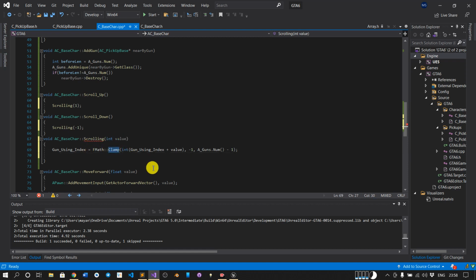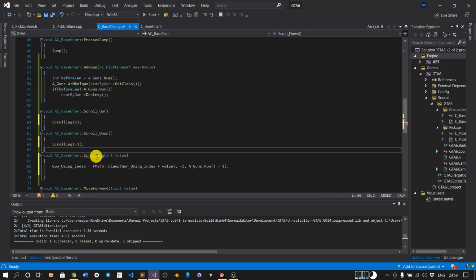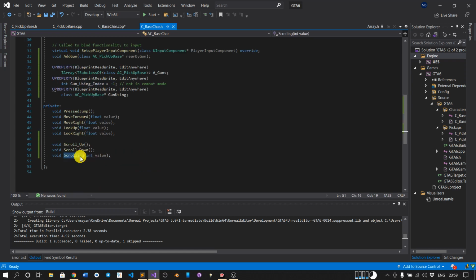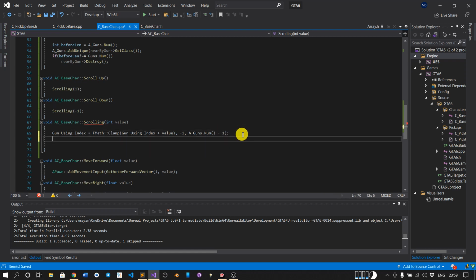So Clamp will keep it bounded between -1 and the array length -1. So what we are doing, we are adding the index with that value. If we scroll up, it will add to GunUsingIndex, and if it is -1, it will decrement the value. So okay, let's read this error.